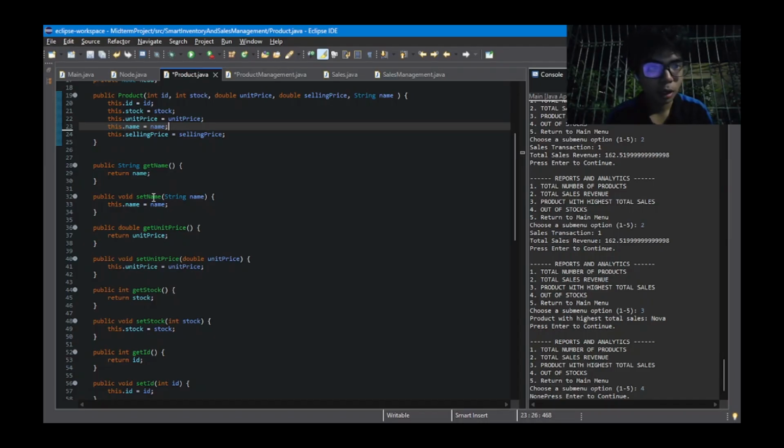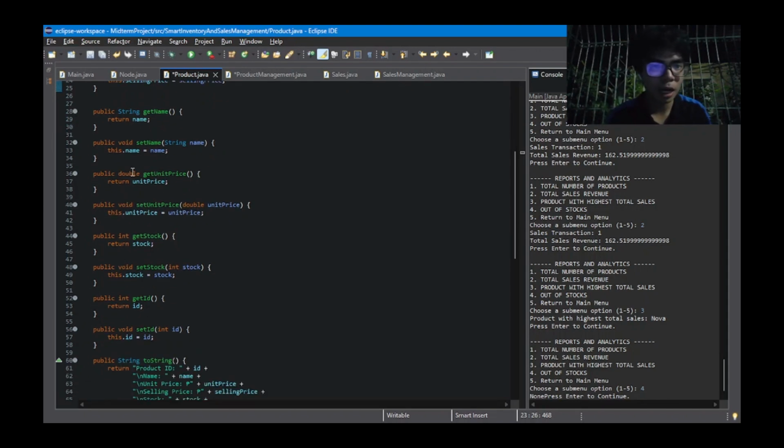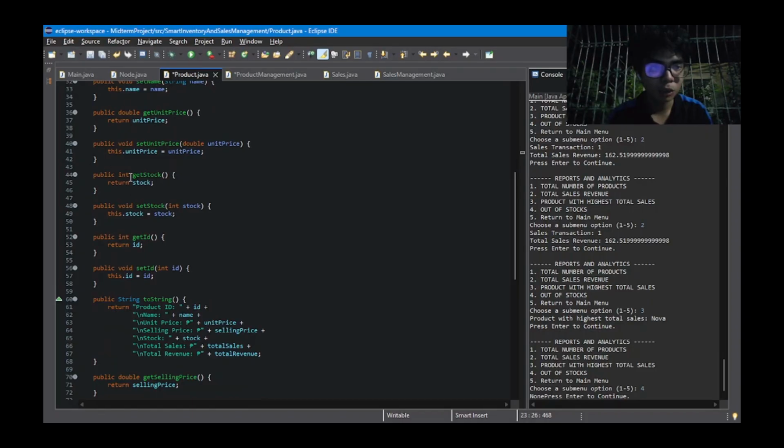So here we have public void setName, with parameter String name. Similar to the constructor, what this basically does is initialize the value of the name, so this.name is equal to name. Before we get the name, we obviously need to set it. For example, if I set the name to CJ and we use getName to get the name of that particular customer, then it will return the name CJ. That's basically it for the other getters and setters for the specific variables.